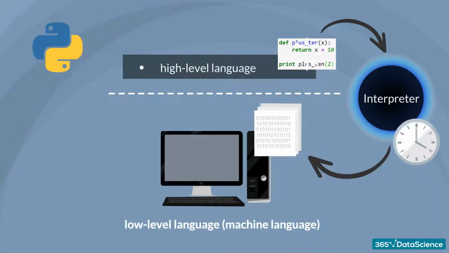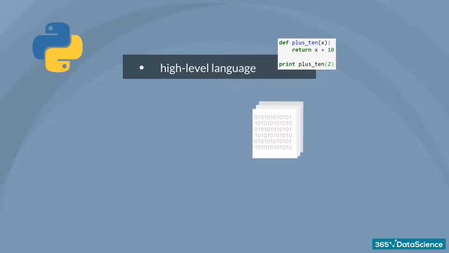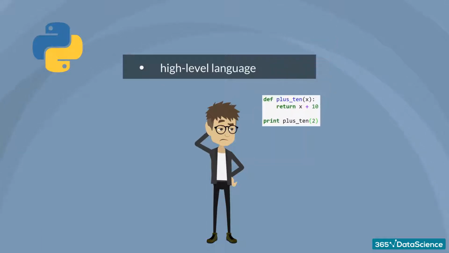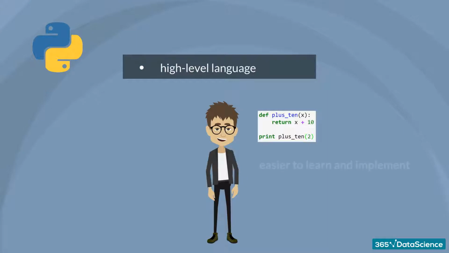This process takes time. There is specialized software and applications that will do this interpretation for you. The advantages of using a high-level language are huge. It is difficult to code and understand low-level programming languages. They are too technical. High-level languages employ syntax a lot closer to human logic, which makes the language easier to learn and implement. It allows the programmer to focus on the task at hand,